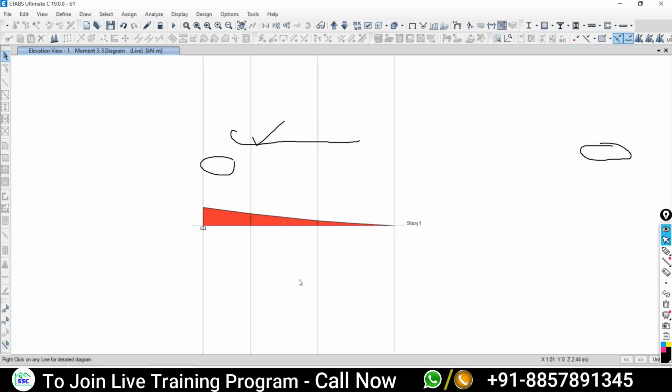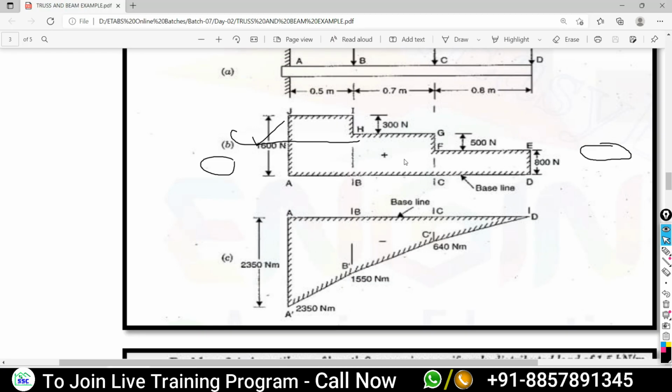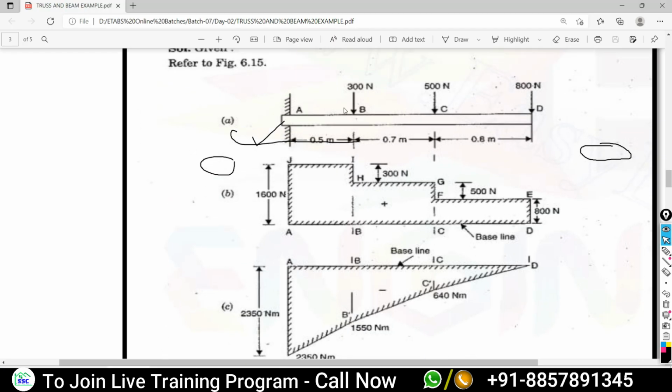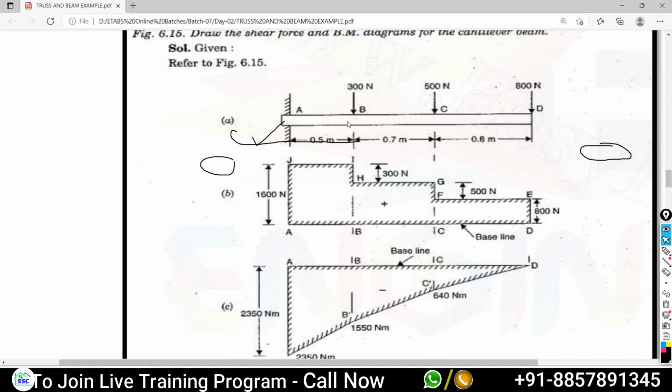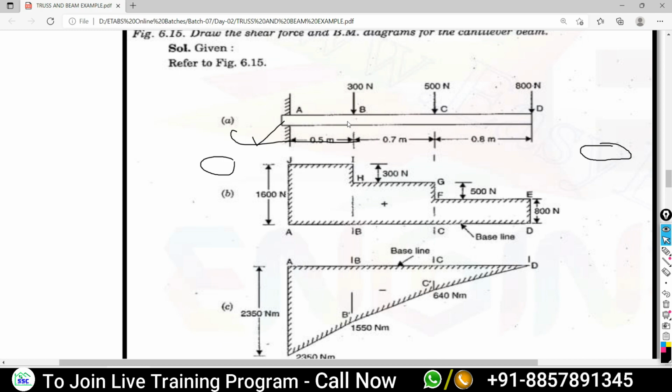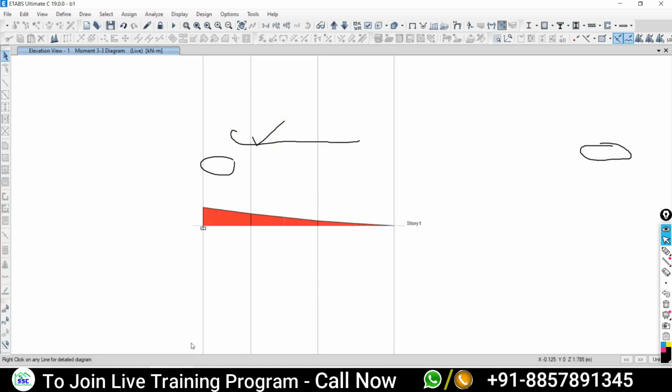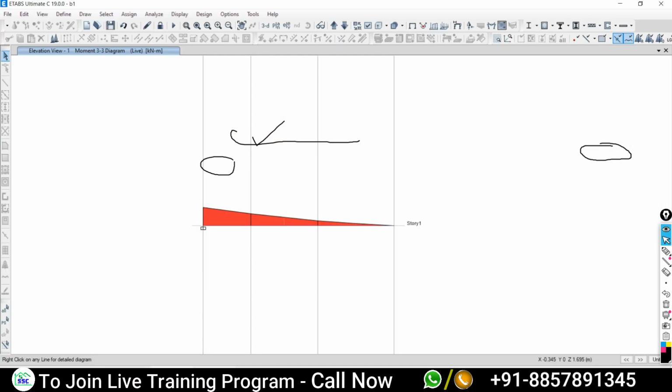Yes, sir. But there is one problem for me. If I want to see the result, I can't see the result at once for the complete frame. But if you look at the question and your solution, it is representing the result, and actually this is the right way. Actually the beam is single, so why are we modeling it in parts? So definitely there is also a solution. Is there any question up to this point? Anyone?